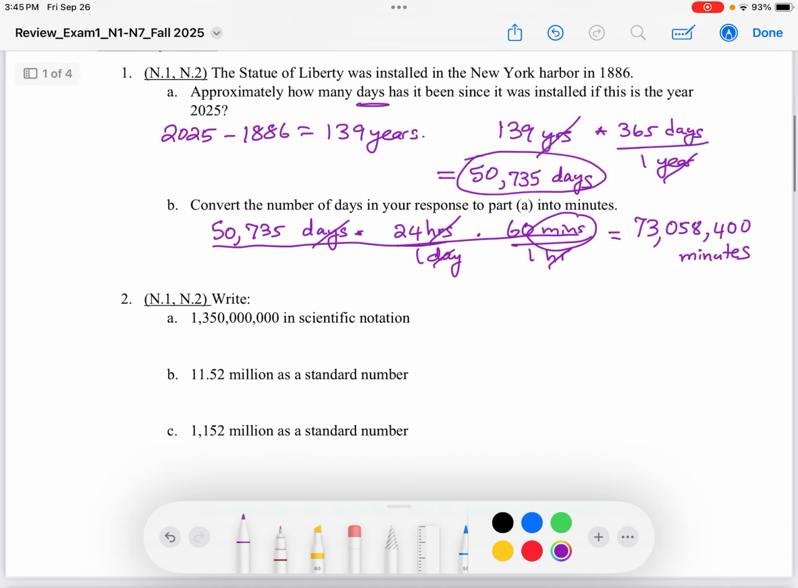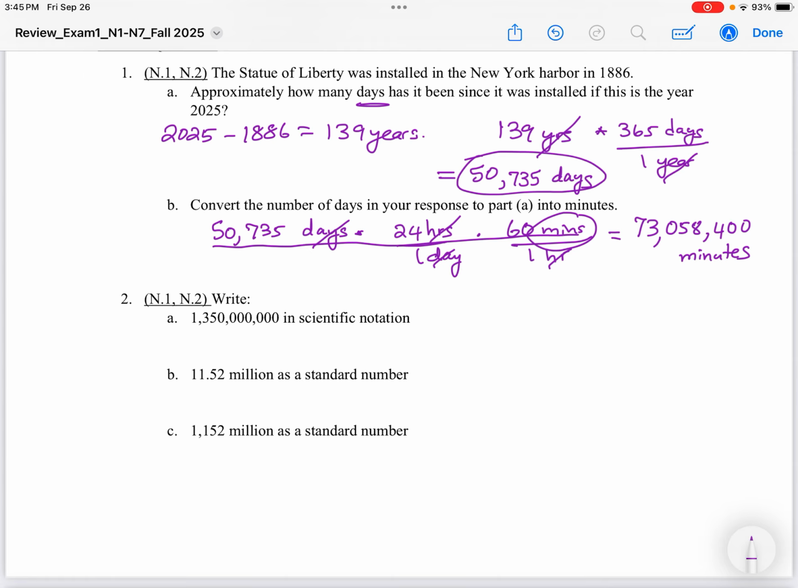All right, moving on. The next question is write in scientific notation, which means our starting number should be between 1 and 10, which is what this is. And that's going to be times 10 raised to, count the digits, 3, 6, 9, so it's 10 raised to 9. Now this one's saying convert to standard number,